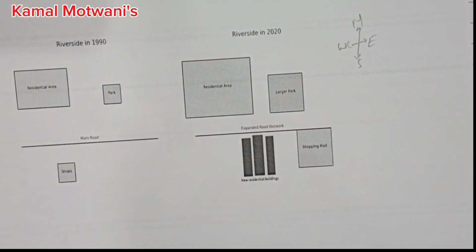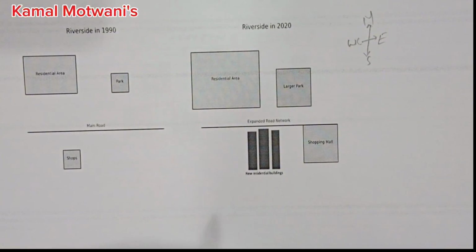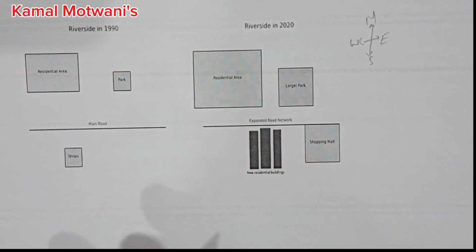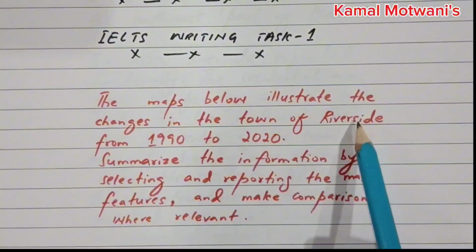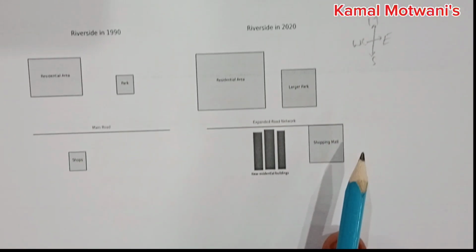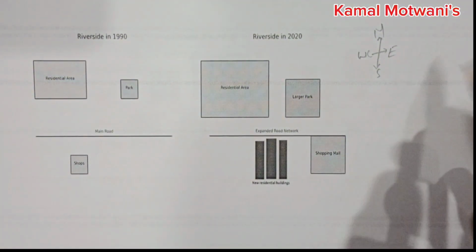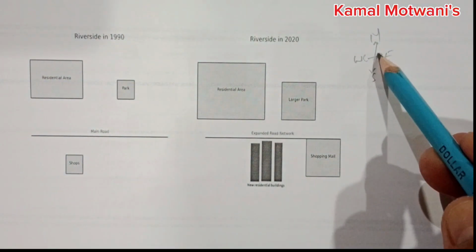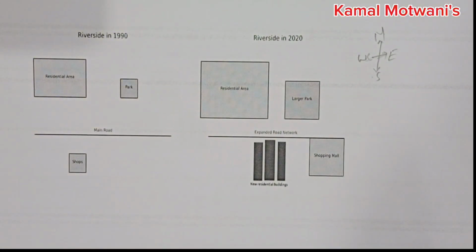So coming back to the map that we are going to solve comprehensively today, it is a map pertaining to Riverside. You can see this statement was pertaining to Riverside. So let's interpret it, analyze it in a comprehensive way. The directions play a major role. See, the directions are given as this is east, this is west, this is north, and this is south. So using the directions, when we interpret or analyze this map, we can easily locate